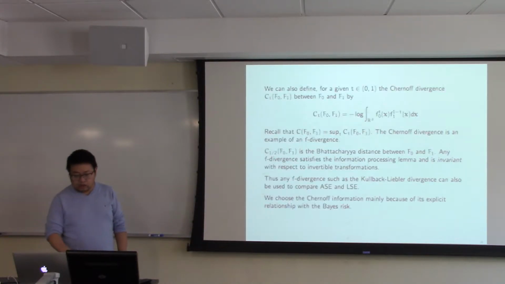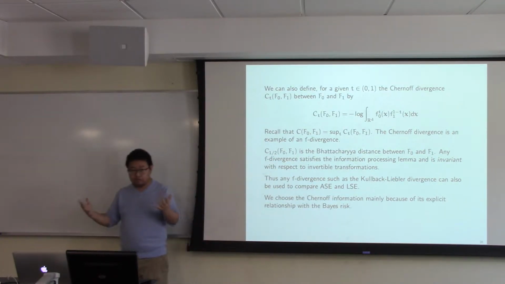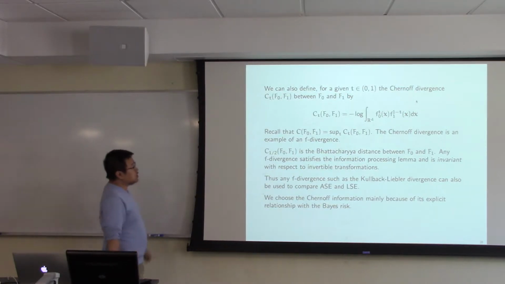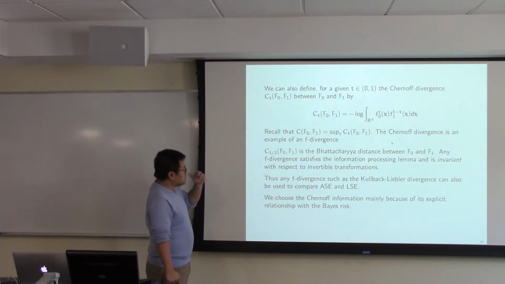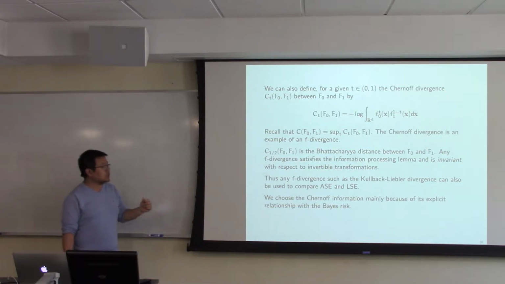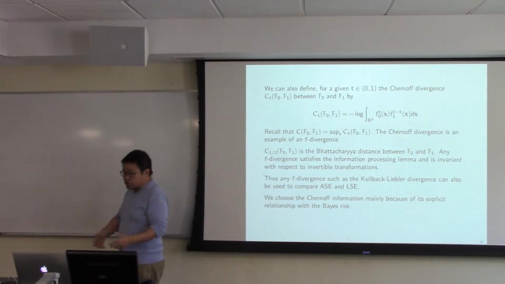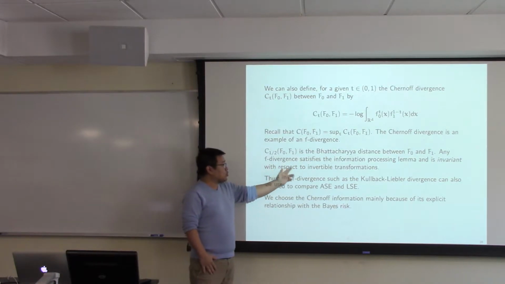So with that said, I just want to emphasize why we consider the Chernoff information. For any given t in [0,1], the Chernoff t-divergence is just this simple integration here. The Chernoff divergence for any t is an example of an f-divergence. For example, C_1/2 is the Bhattacharyya divergence. The nice thing about f-divergences is that they are invariant with respect to invertible transformations. What that means is that you could transform the data however you like after you embed, as long as the transformation is one-to-one,